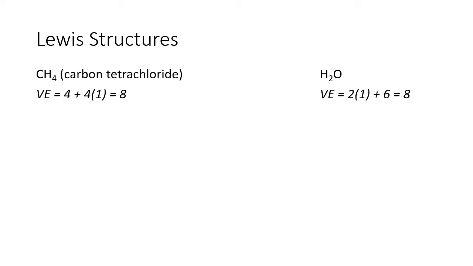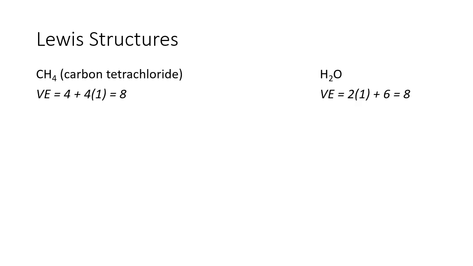In part 2 of our review on general chemistry, we're going to look at stuff like drawing Lewis structures and analyzing their geometry and bond angles and all that good stuff. So just a reminder, when you draw appropriate Lewis structures, you want to first calculate the number of total valence electrons. So in something like CH4, which is formerly named carbon tetrachloride, we'll later see that it's more often